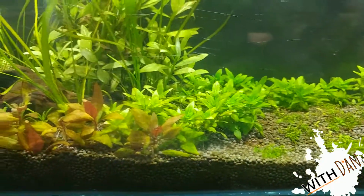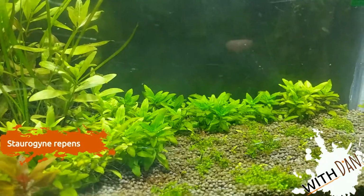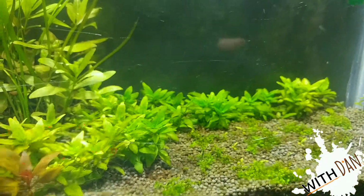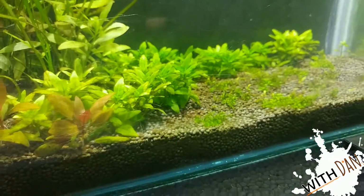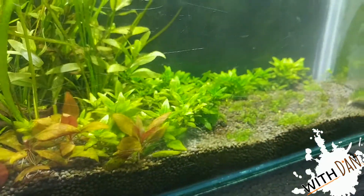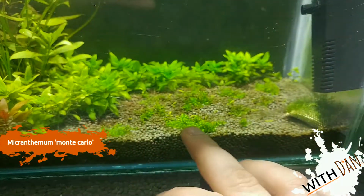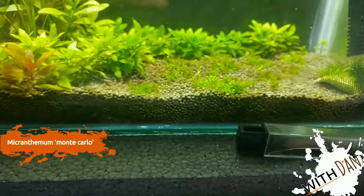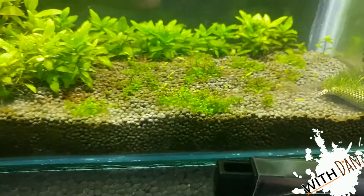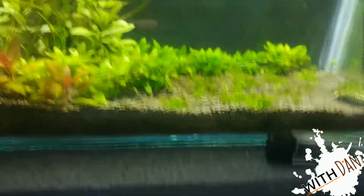Then down here we've got a really good bit of Staurogyne repens growth. Sorry, it keeps focusing in and out there. Really happy with the Staurogyne repens. And then the Macranthemum is growing slowly. And you can see some big leaves knocking out here and there. That's the remnants of the disaster that I had with...